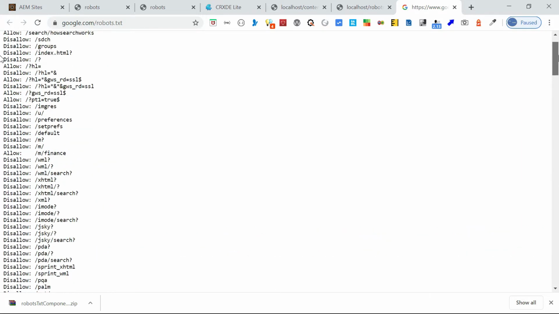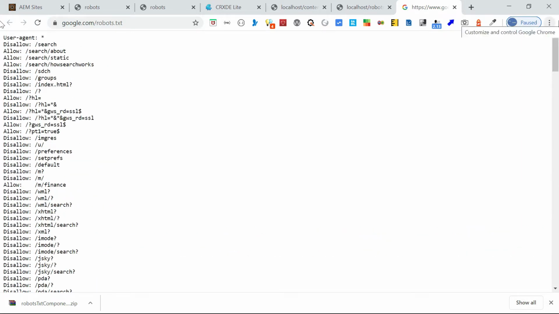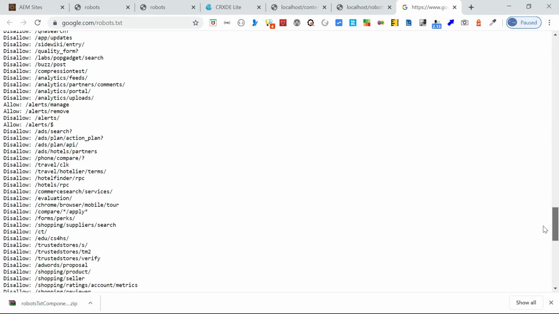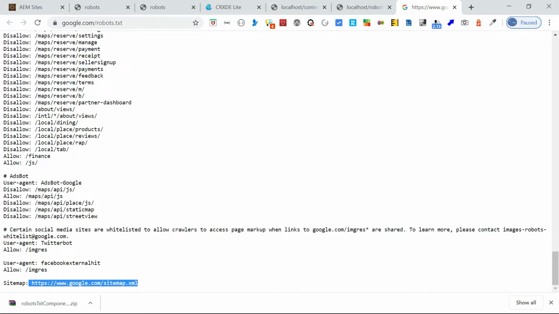First one is the user agent, the specific web crawler to which you are giving crawl instructions. User agent star means all the web crawlers; whatever web crawlers crawl this website, this instruction is applicable. If you want, you can specifically say that the rules are specific to certain web agents. Another one is disallow. This command tells a user agent not to crawl a particular URL. Only one disallow line is allowed for each URL. Here you can even use a regex pattern, to say disallow this specific pattern.